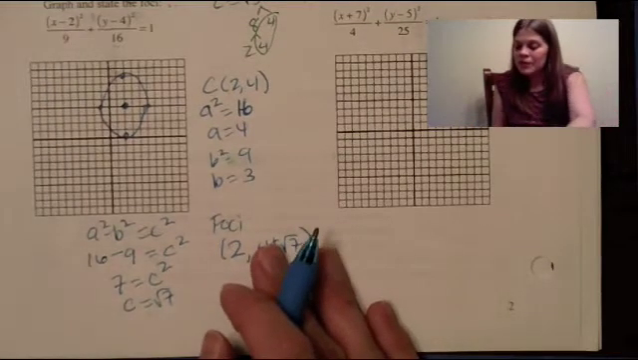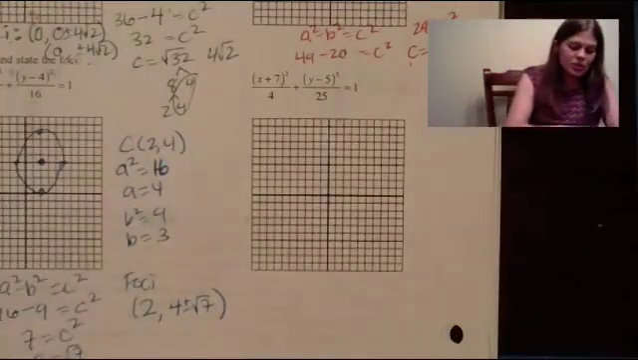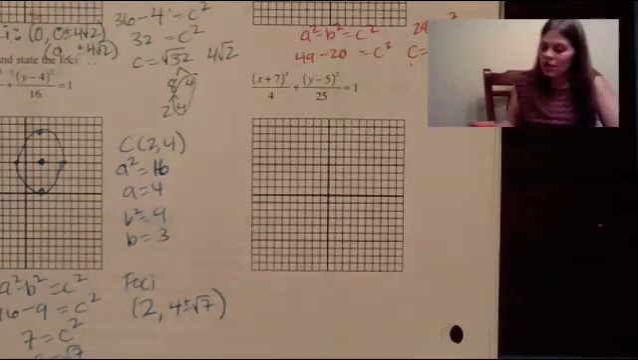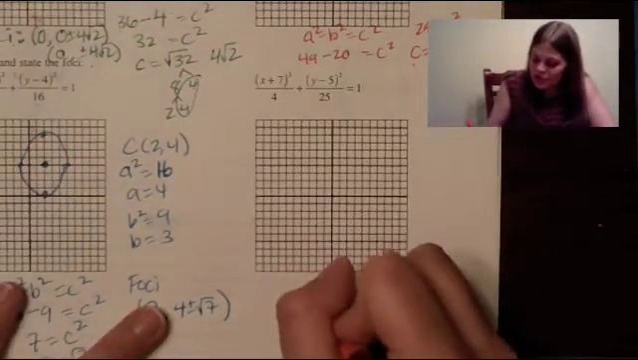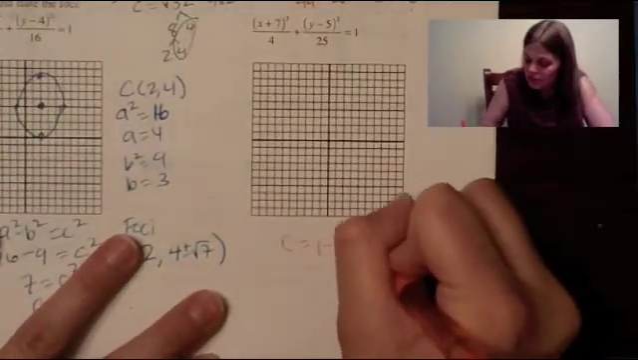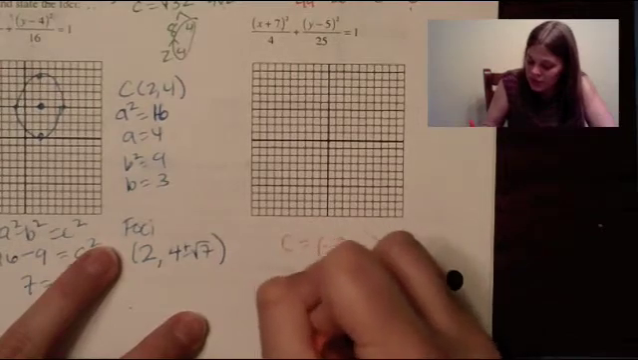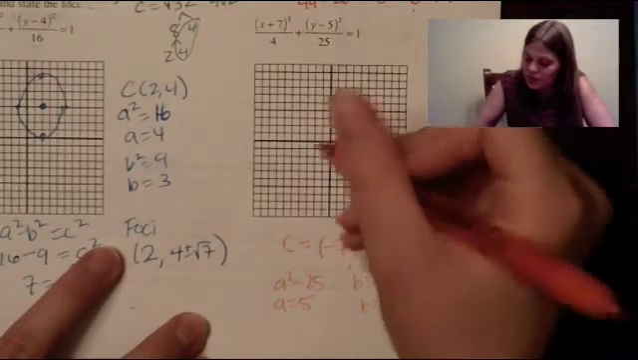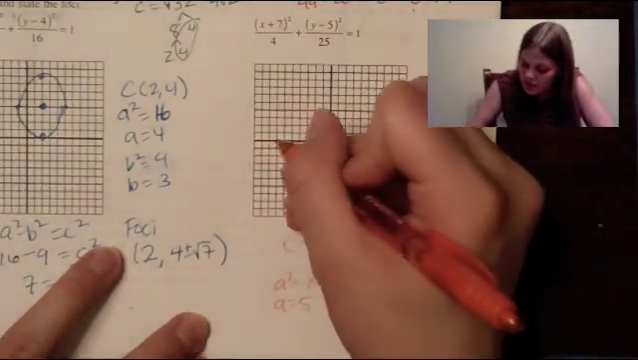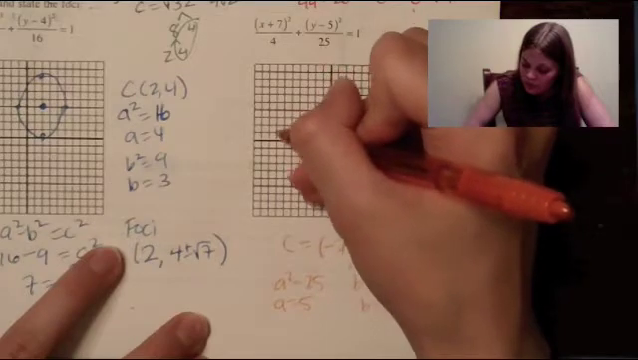Okay. Then let's have you try this next one by yourself. So pause the video, try it, and let's come back and see how you did. Okay, let's see what happened. So your center is at -7, 5. And your a squared is 25, so your a is 5. Your b squared is 4, so your b is 2. So I go left by 7, 10, 9, 8, 7,